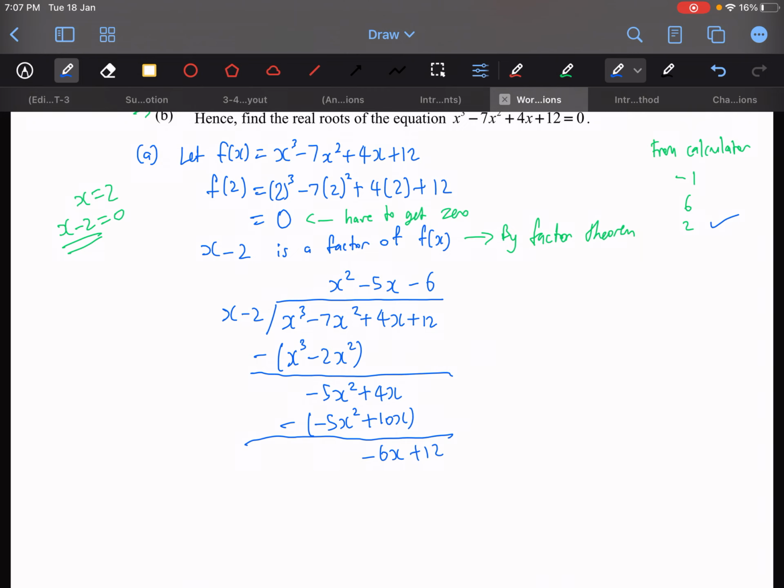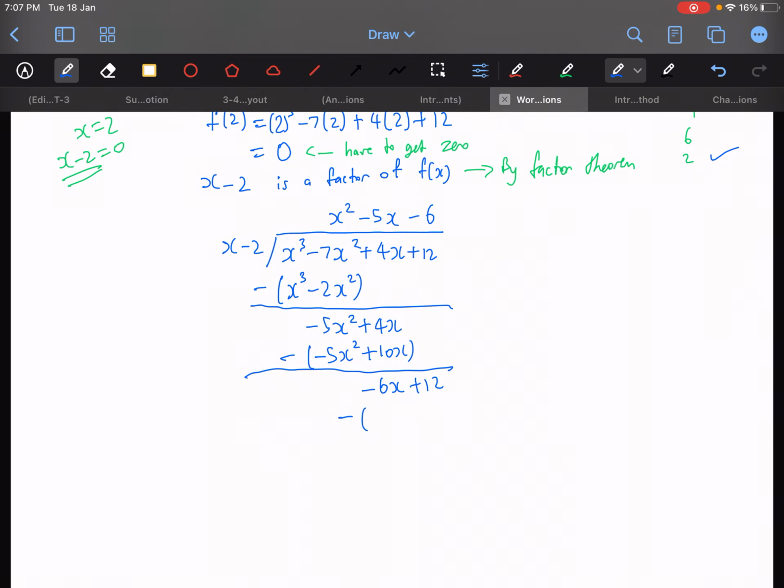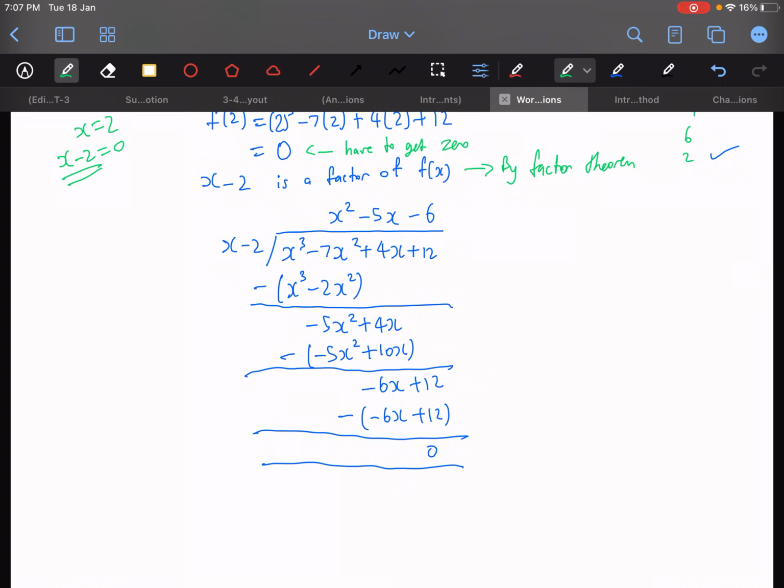Okay, then it will be minus 6. So you have minus (-6x) plus 12 equals 0. Okay, so the way to check that you have done your long division correctly and you're on the right track is that this has to be 0 also. Okay, so just a reminder,